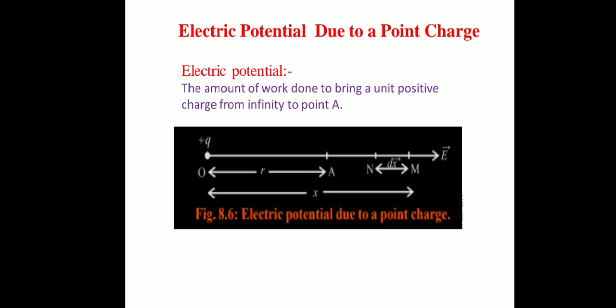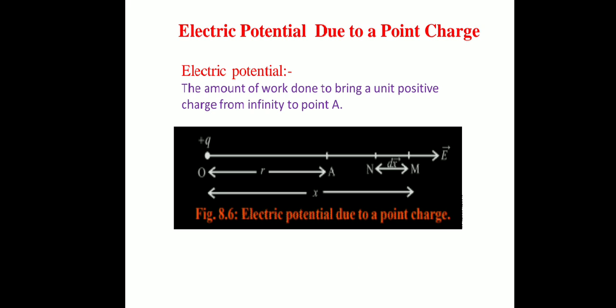Now as we are going to calculate electric potential, let us first define electric potential. It is defined as the amount of work done in bringing a unit positive test charge from infinity to a required